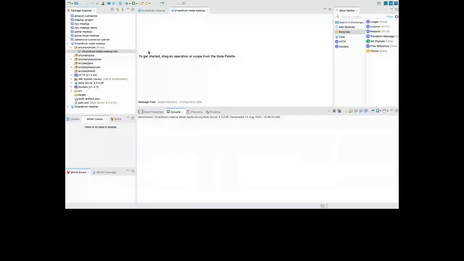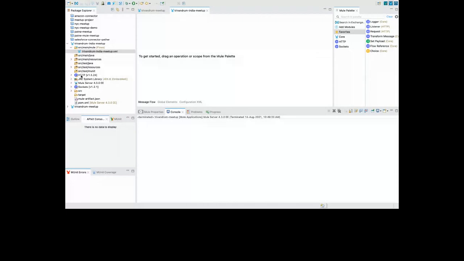There is nothing in your API, so you cannot call it for now. On the left-hand side we have an HTTP connector by default. We have the required Java libraries, JDK 8 embedded, coming along with the studio. Then you have the Mule server, which is 4.3 Enterprise Edition, and then sockets. SRC is where we put the code, and in src/main/mule is where we can do the drag and drop.